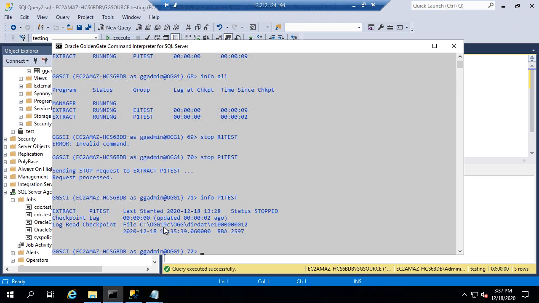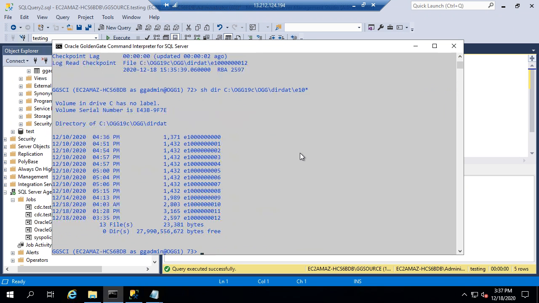So I'll just show you one thing. In my source, how many trail files are there? So there are 12 trail files over here in source, and in target